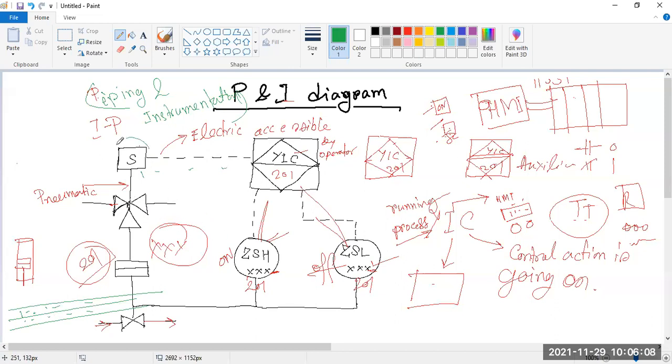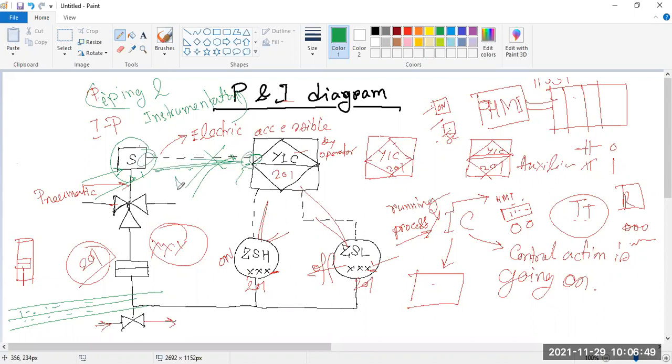Say your solenoid is not working. Okay, so why is this solenoid not working? You first have to go to the field, then you have to check it. When the solenoid is not working, you have to find out where the problem is coming from, because the command is coming from here. So maybe this electric line is cut, maybe this terminal became loose, maybe another signal is imposed on this area, so it is giving some difficulties. Then you have to find out this area.